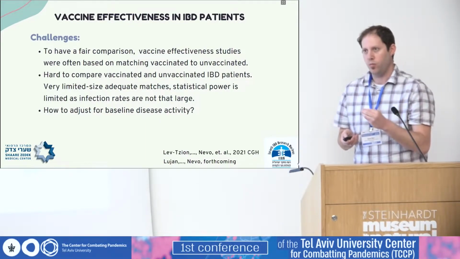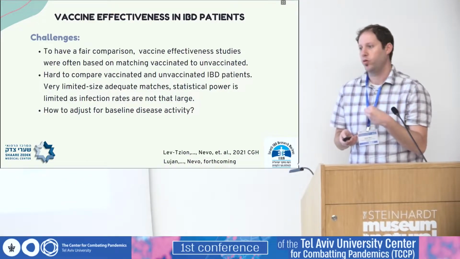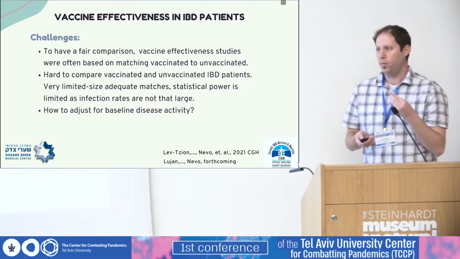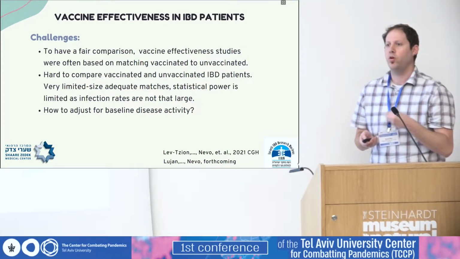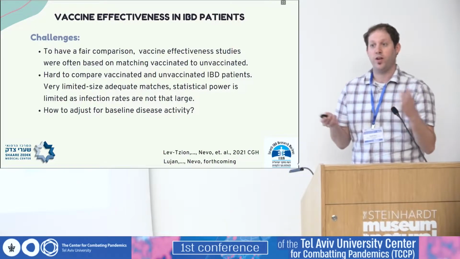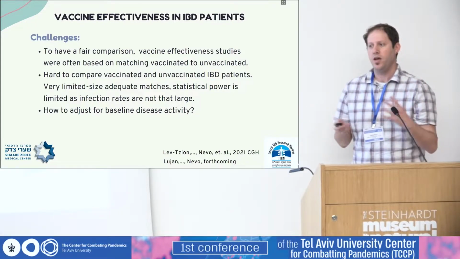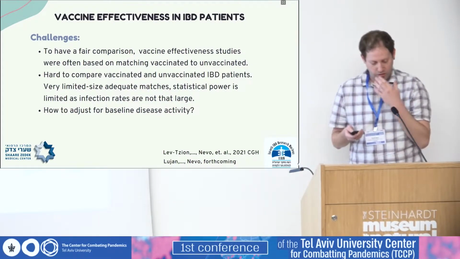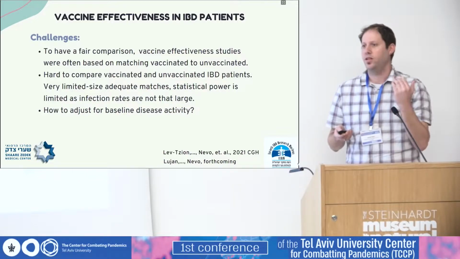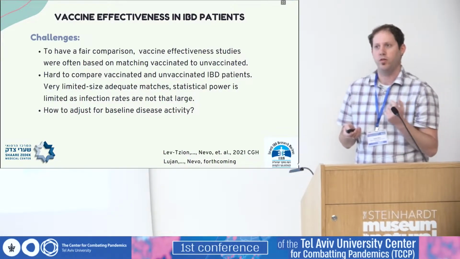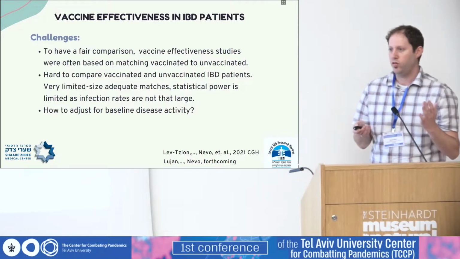Those who were more hesitant were maybe people with more severe disease. And when we match vaccinated to unvaccinated people, we also want to match on disease severity. So we had two problems. It's really hard to find large sample sizes, big data. When we try to learn the effectiveness of vaccines, the infection rates, at least pre-Omicron, are too low for us to be able to detect something with small numbers. So we had about 700 people, which is not enough.